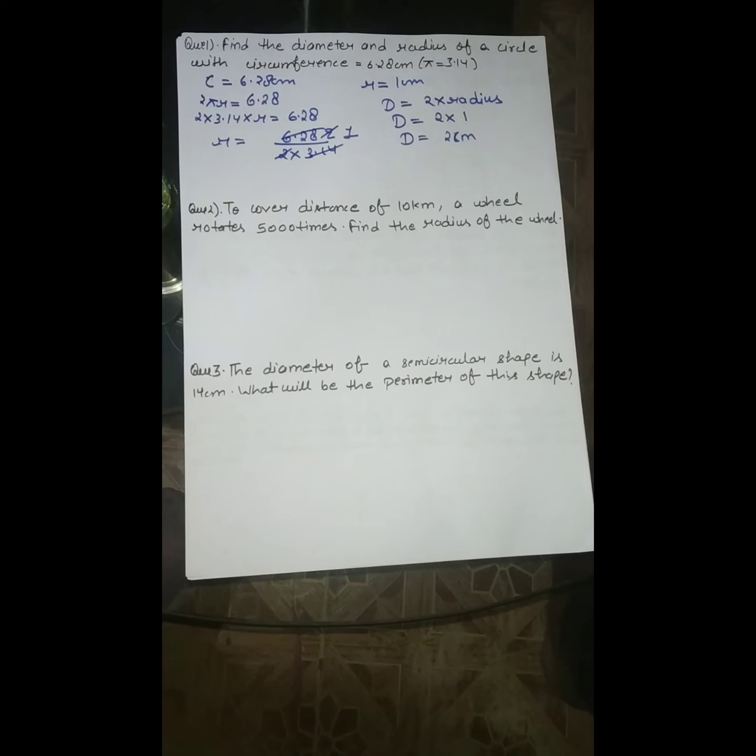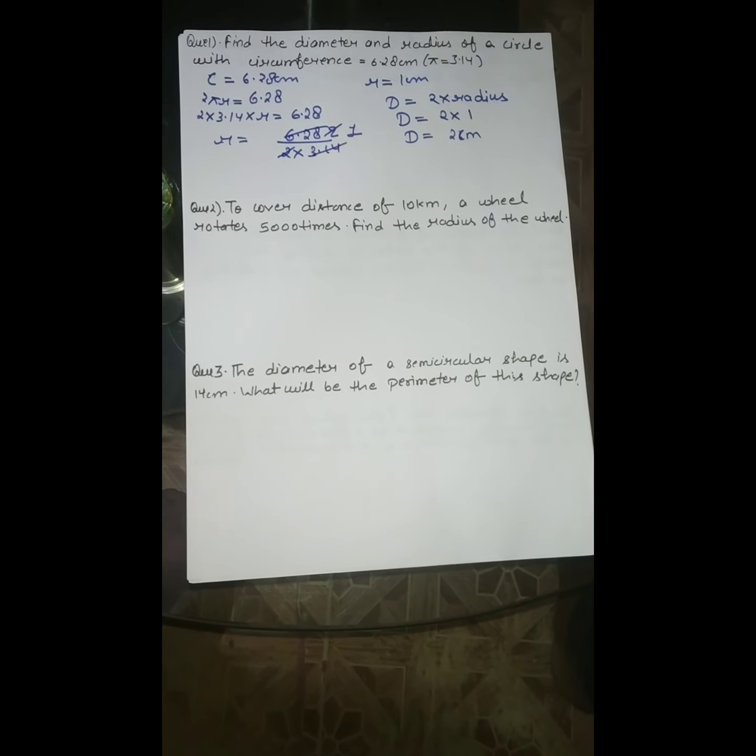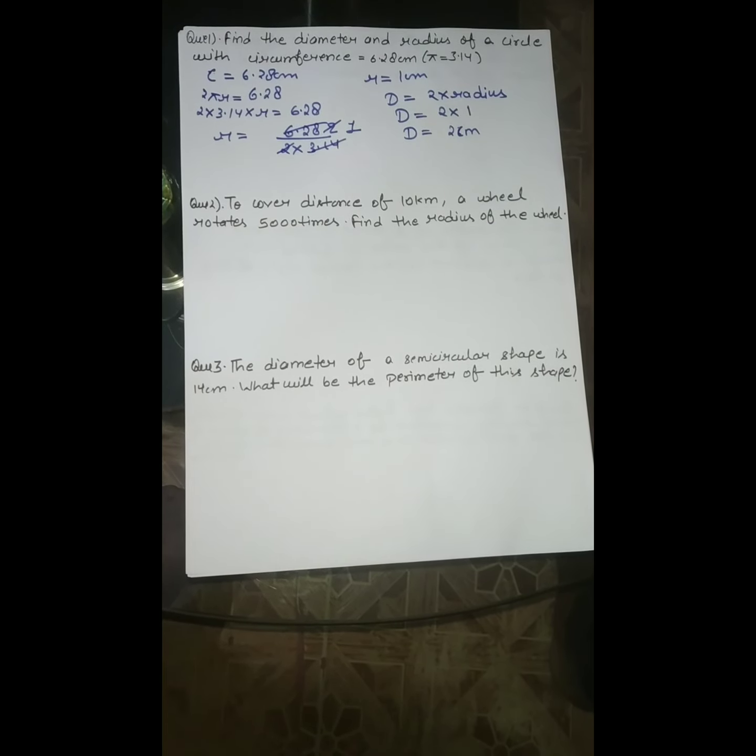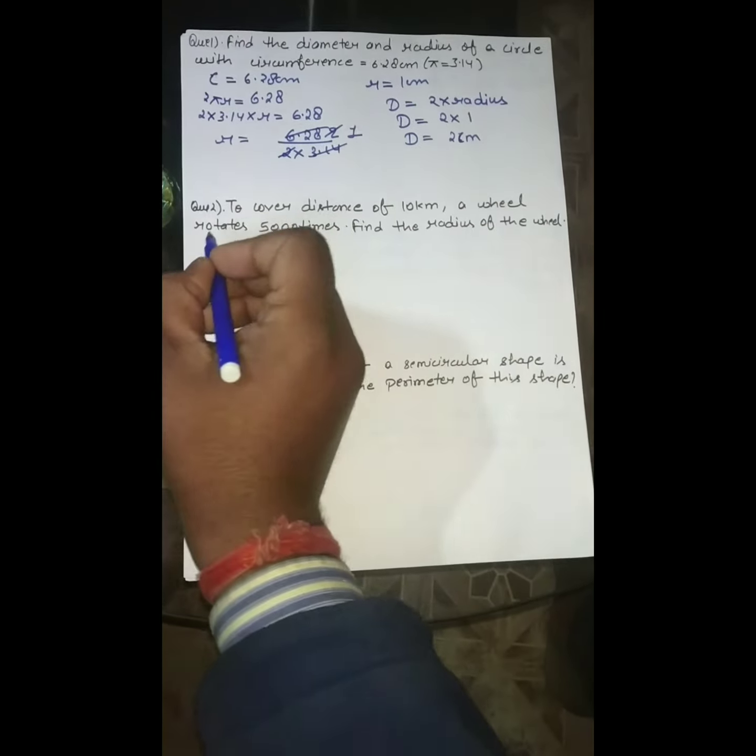To cover a distance of 10 kilometer, a wheel rotates 5000 times. Find the radius of the wheel. 10 किलोमीटर की डिस्टेंस कवर करने के लिए एक पहिया 5000 बार घूमता है, तो उस पहिए की रेडियस क्या होगी? So